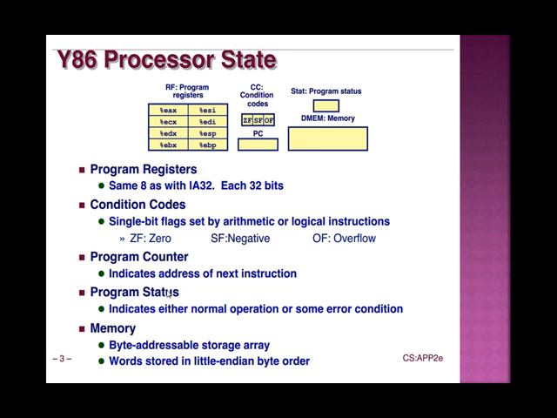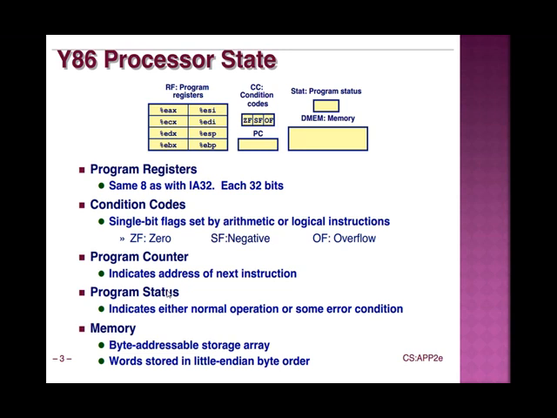So these are the multiple states that are used in Y86. This is very similar to IA32. When I discussed IA32, I discussed all these things like registers, condition codes, PC. Then next is your program status. It indicates either normal operation or some error condition. Normal operation means it was running normally, or there may be some error condition. That is your program status. Then memory